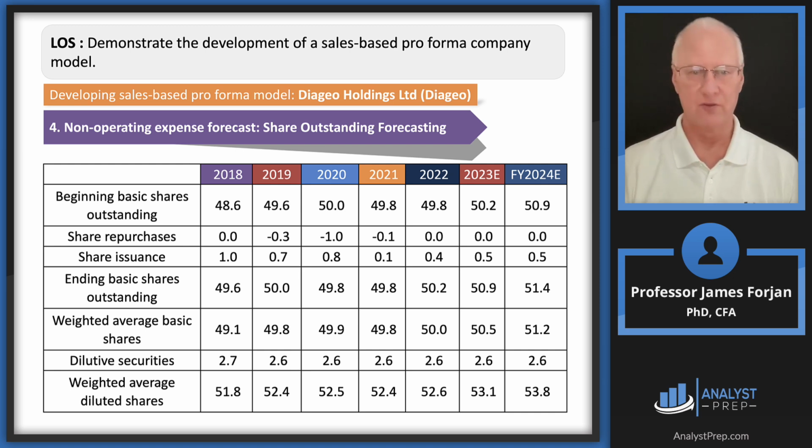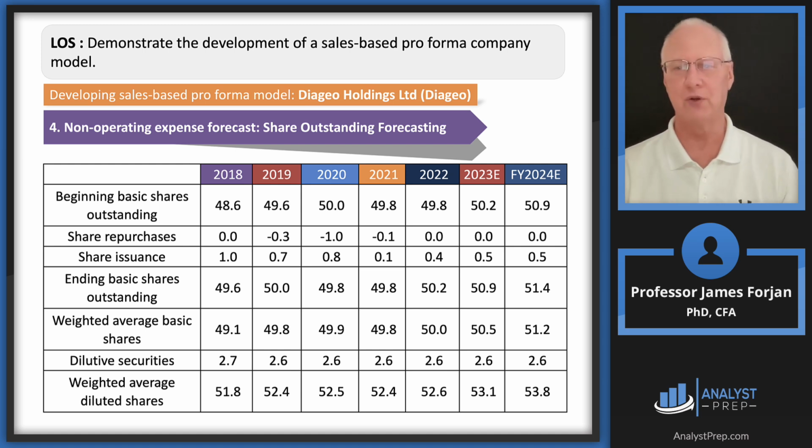That is because we're not doing any share repurchases over the next 2 years, but we're going to issue some shares, 0.5 and 0.5. So that makes sense. We go up a little bit, ending basic shares outstanding. There's the weighted average. Remember from one of those earlier learning modules, to get that weighted average basic shares, we needed to take the beginning and the ending, take the average of the two, and that's what we get, the 50.5 and the 51.2. Notice that we have a little more than 2.5 million of those dilutive securities, which